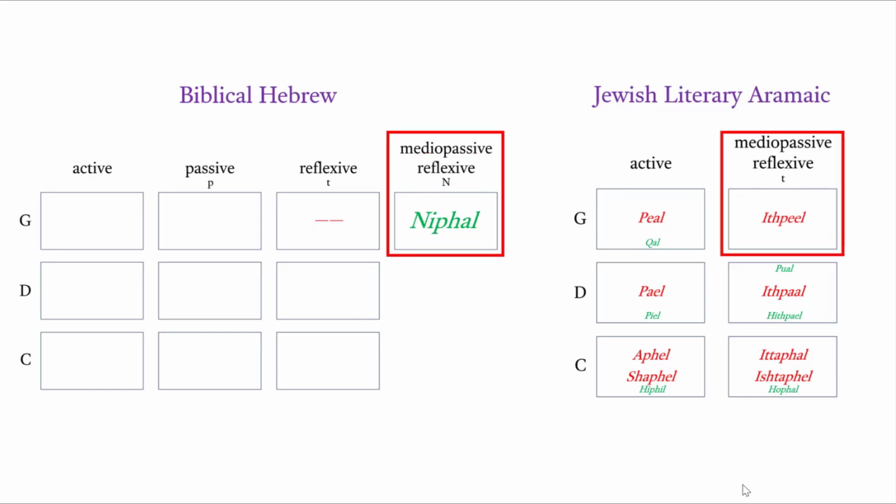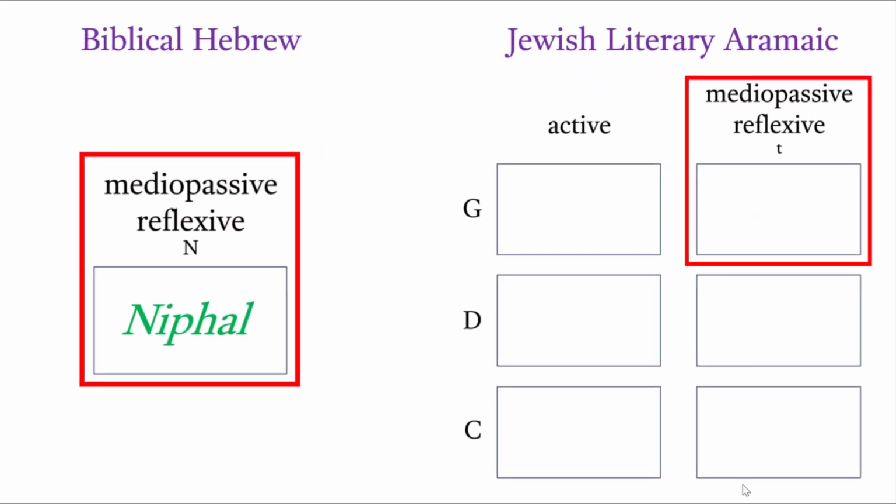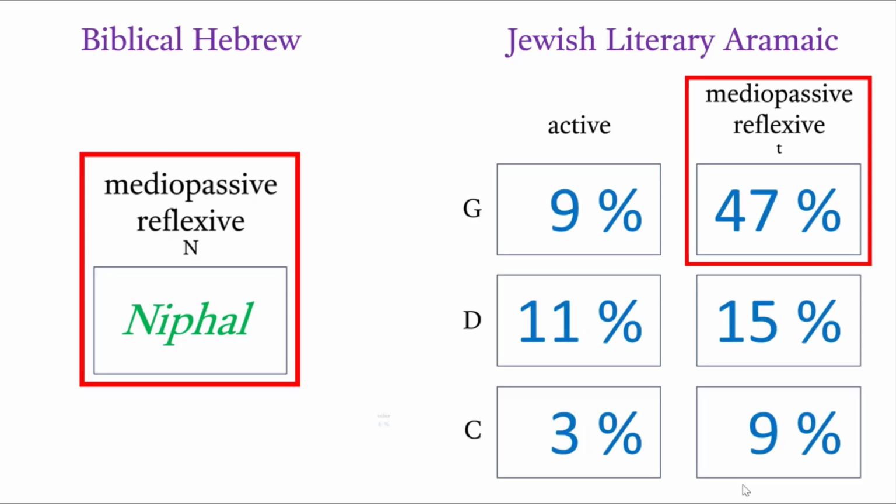But what about the nifal? So, of course, that's what this topic is about today. We would think, because we're labeling in this simplified system the nifal a mediopassive reflexive, and because we're labeling the TG, the itpa'el, a mediopassive reflexive, well, of course, the itpa'el will be the translator's choice, even though there's no nun stem, so to speak, in Aramaic to call upon. Of course, that's what Onkelos will do. Actually, less than half the time does he do that. So this is where it kind of starts to get interesting.